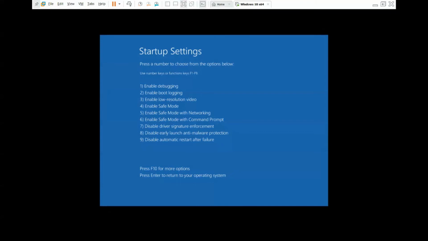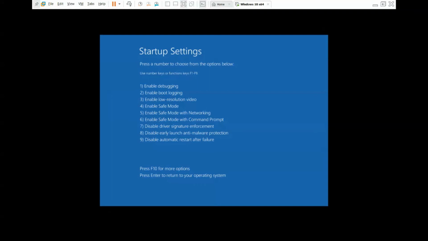When Windows 10 or Windows 8 is restarting, in my case it is Windows 10, it says press key number 7 to disable driver signature enforcement. So there are function keys. On the third line it says use number keys or function keys F1 to F9 for a particular option. So I can press numeric 7 or F7 from the function keys to disable driver signature enforcement.